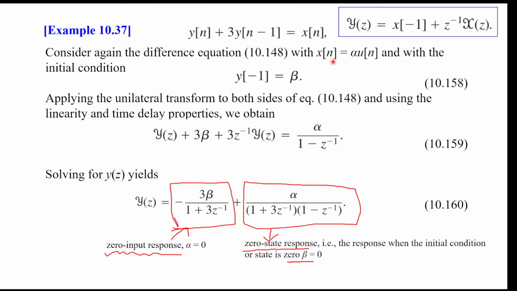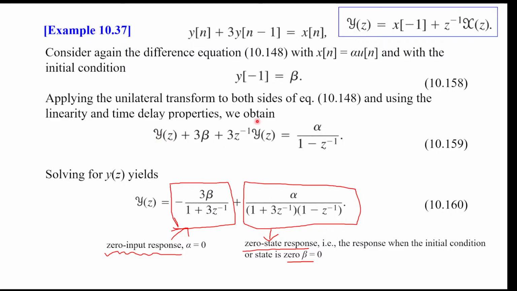And the other side, x of n is alpha times u of n, and u of n is a right-sided signal. Sorry, it's a causal signal, and its unilateral Z-transform, same as the bilateral Z-transform, is 1 over 1 minus z-1, and we have alpha go to this alpha. And now we can try to solve for Y of z